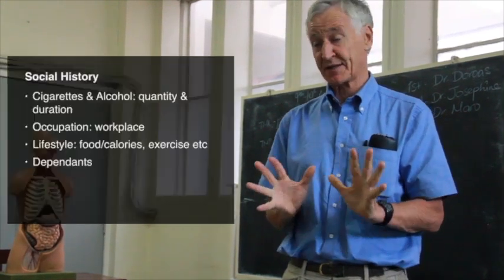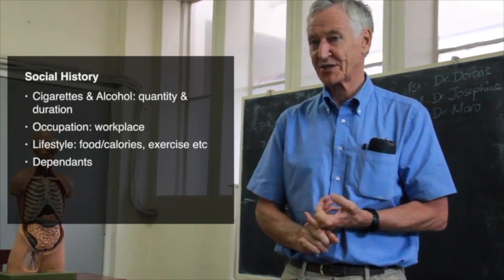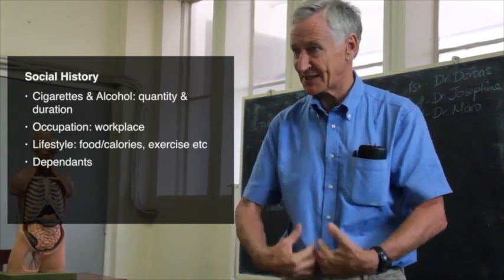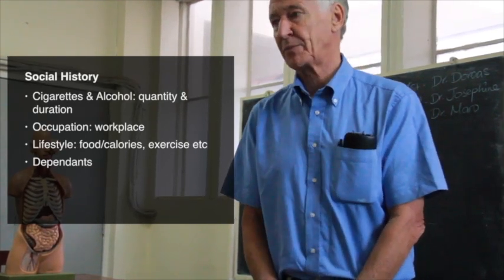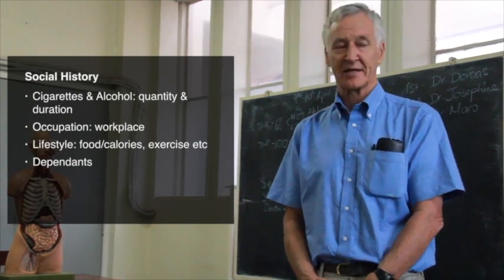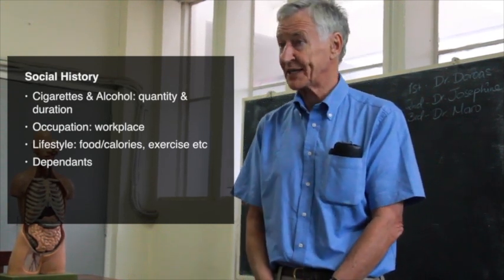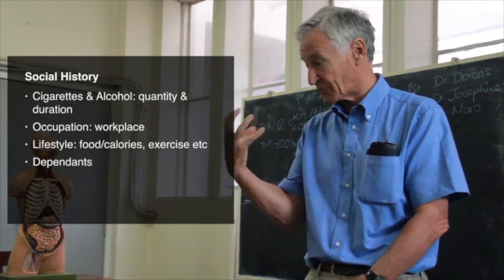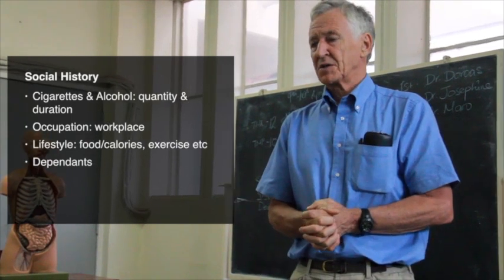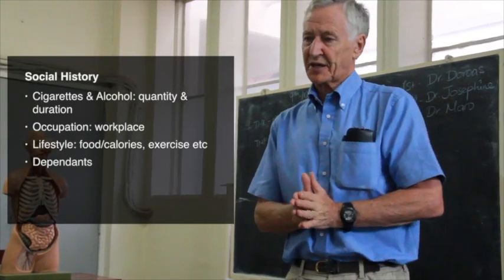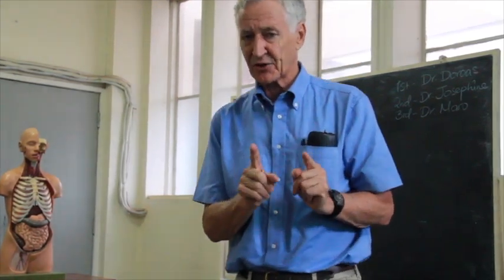And social history, I think the gastrointestinal tract emphasizes alcohol, the type, the quantity, the duration. Smoking is indirectly associated with malignancies of the gastrointestinal tract, increased risk. And of course, occupation. Is there any particular disease you're exposed to at work by virtue of your occupation? Meat eating in the West is a risk factor for carcinoma of the pancreas and possibly colon as well. So we're finished then with what we call the main histories, and I think I've emphasized what I needed to say about the symptoms in the gastrointestinal tract.